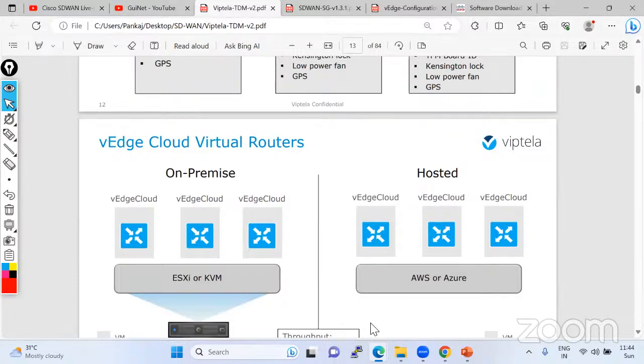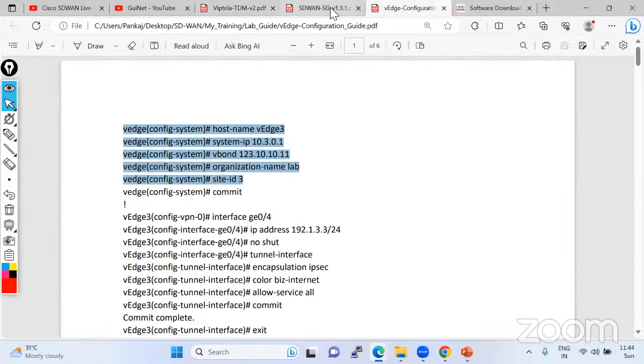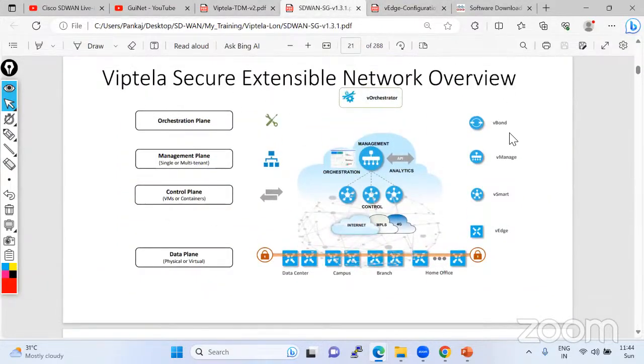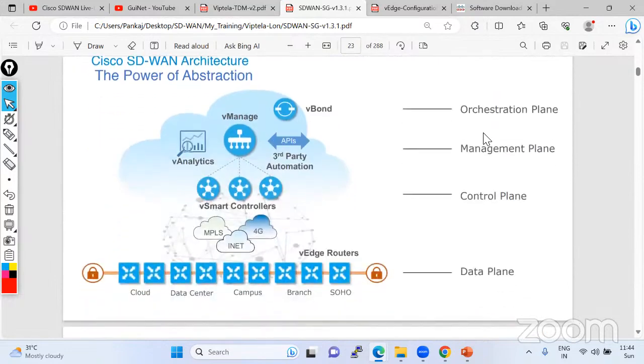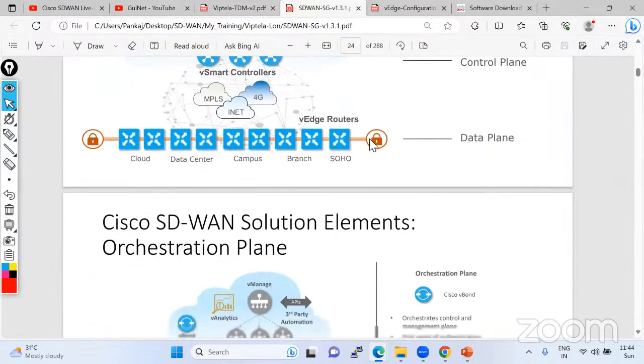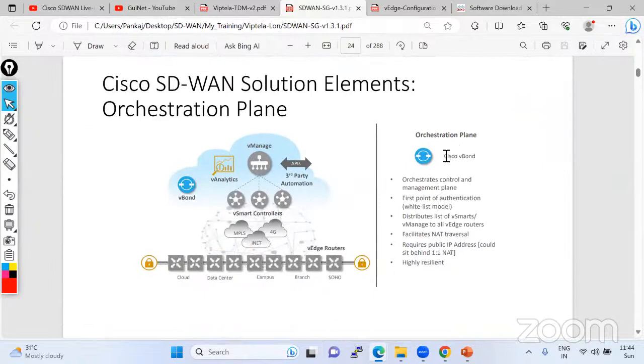So this is the deployment method of the devices. Moving next, if we talk about the deeper side of device functionality in the official outline of the course, you'll see here the first is the vBond. Likewise, as I explained, vBond is known as the orchestration plane, control plane or management plane, also known as the